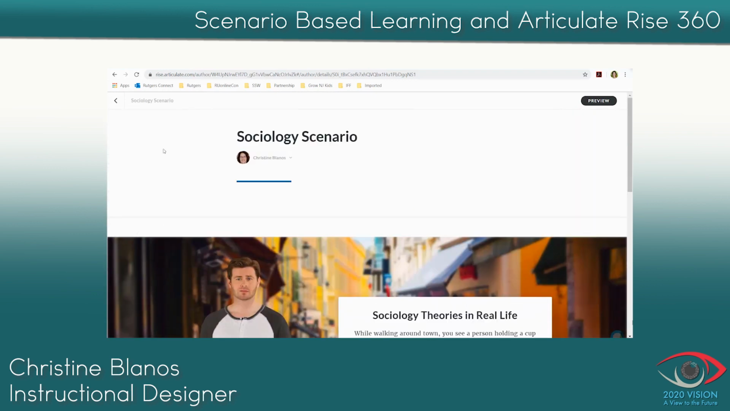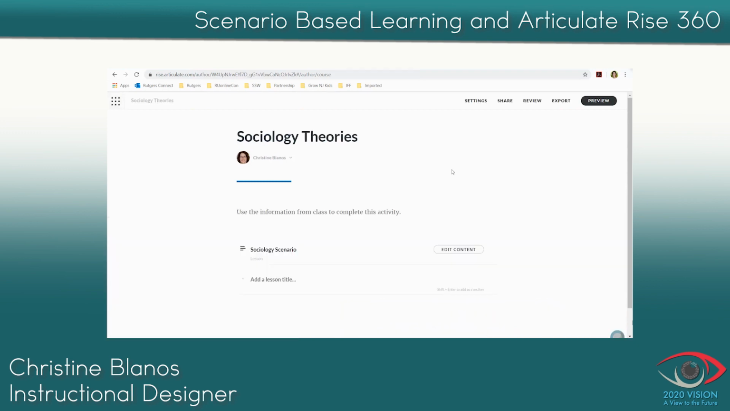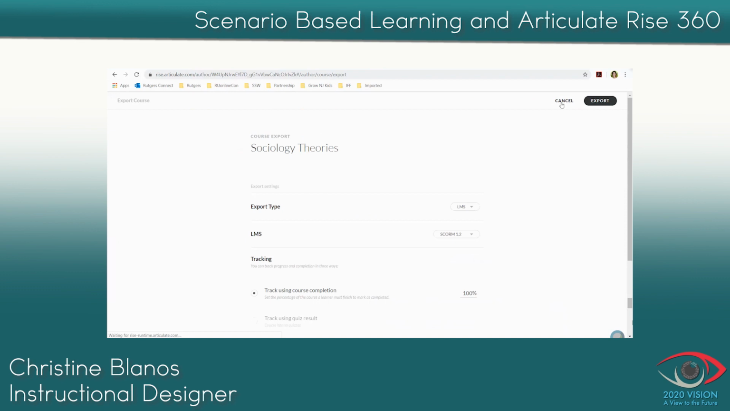So now I'm going to go back to my main page in the upper left corner. And now I'm ready to take this and put it into my learning management system of Canvas. So I'm going to go to the upper right corner and I'm going to export it. Click on export. You do not have to change anything in the export. I just want to mention